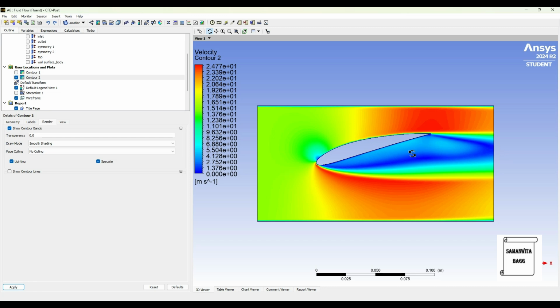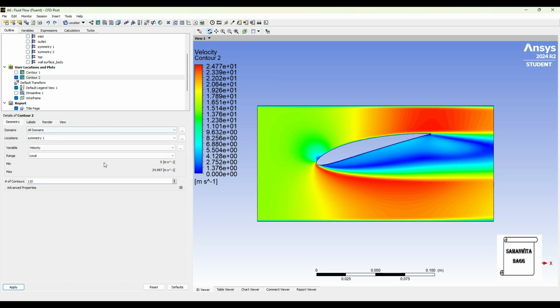And this is at the critical angle of attack, which is minus 15 degree. Beyond this value, the airfoil will go into a stall mode, which is it will halt in the air because it has crossed this value of angle of attack. The highest value of velocity is 24.77. You can see here 24.997 in this zone, and the minimum value is 0.